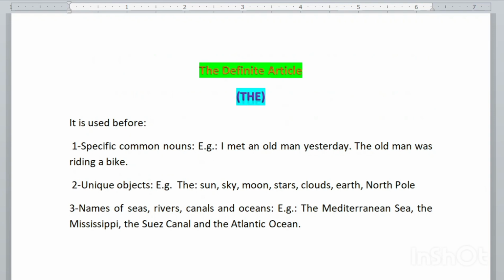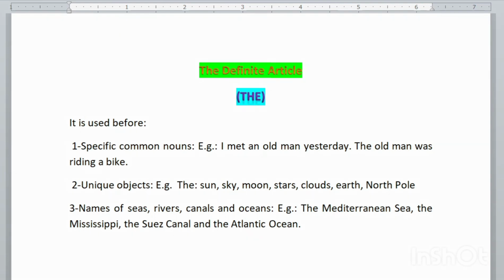As you know, an article is a word, or we can say articles are the words that are used before a noun. So the definite article is one type of article. It is used before a noun. Now, how and when will we use it before a noun? Today we are going to discuss some common and very important rules, how we will use the definite article before the noun, and where we don't have to use the definite article. We will come to know about all these things today.